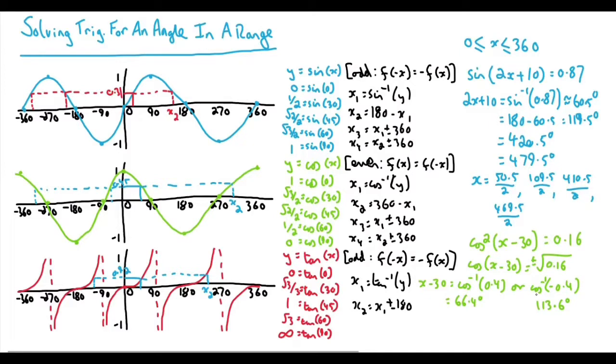Now we would continue with your regular cos steps by doing your 360 minus that. So in the first case, that's going to leave you with 293.6 degrees, or in the second case, 246.4 degrees. Now then, we can just add over the 30 to get the x on its own, which leaves